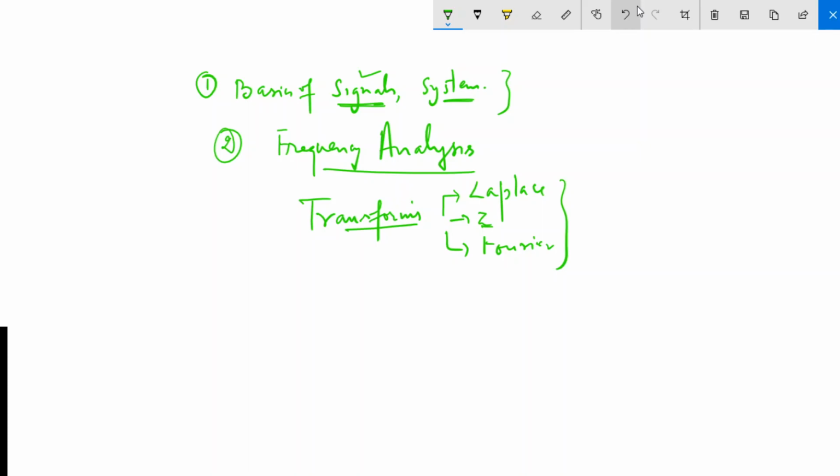We will focus on two major transforms and algorithms. One is a DFT and another is your FFT. These are the major topics: discrete Fourier transform and the fast Fourier transform. Okay, and FFT is basically not a transform. Actually, it is an algorithm which is used to compute DFT in a very efficient manner. Okay, so in the frequency analysis, we will start from